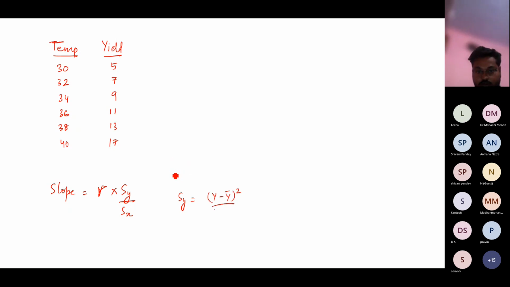So this is the standard deviation for y. This is the standard deviation for x. And R here is given as